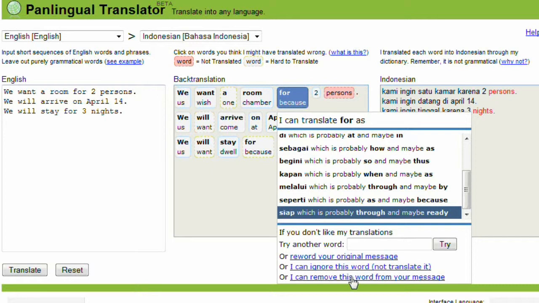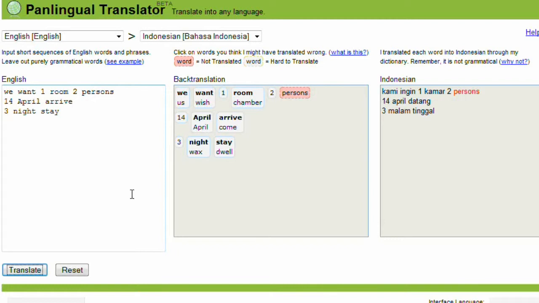Let's select the reword option and make our message more like something we would say to a non-English speaker. Our cursor moved back to this panel and highlighted the word for so we can easily reword our sentence. Let's change the whole thing. These short, simple phrases usually have a better chance of correctly conveying our meaning when translated word for word into any language. We can also be confident it translated proper senses of our words because the back translations confirm our meaning.